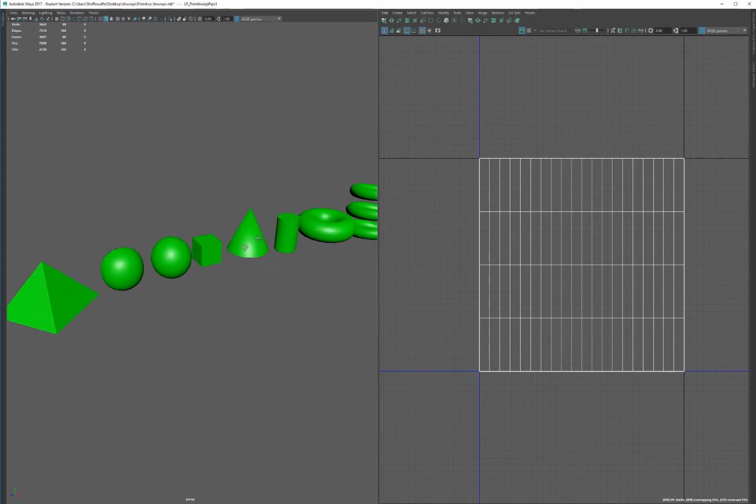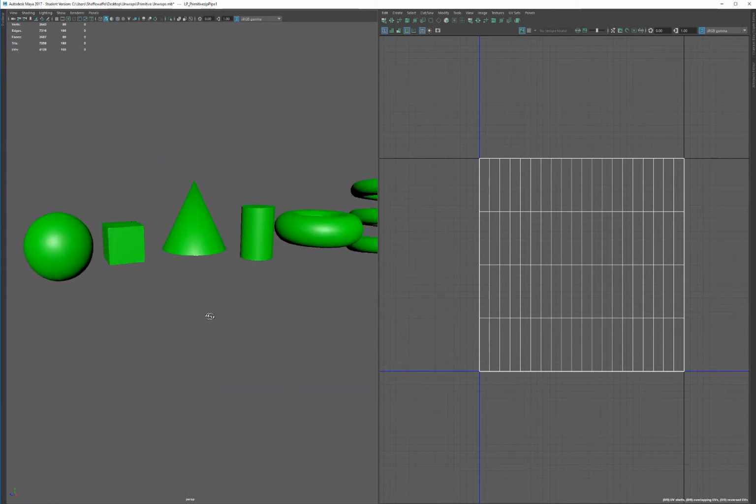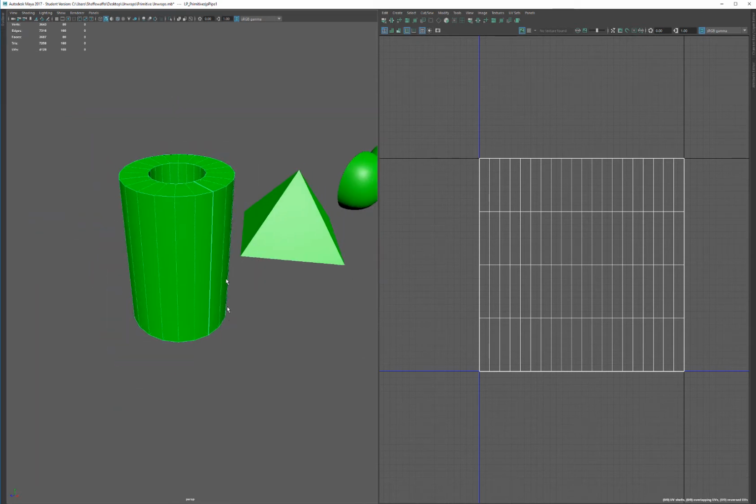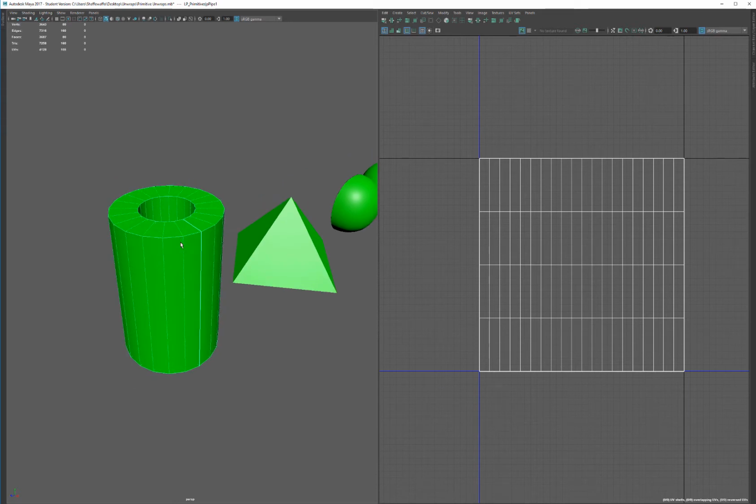My apologies, I keep saying smoothing groups because it's the Max terminology. I'm still trying to get my head around specifically just the Maya terminology. So let's now unwrap this. Looking at this, it's extremely similar to the barrel tutorial. It's literally just going to be a matter of